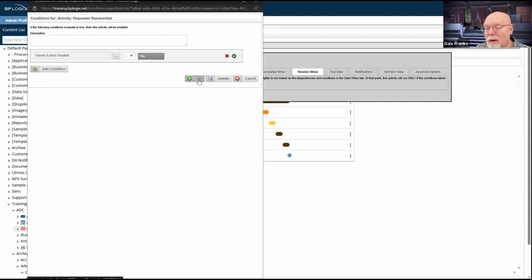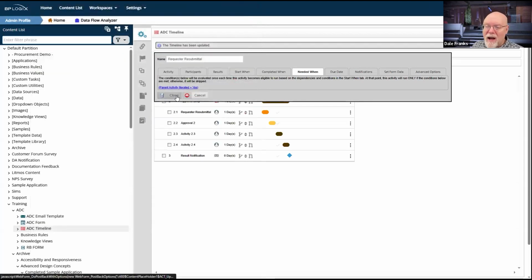even more specific. So I could add an and here to say any child activity result contains resubmit. I don't think I need it in this case. This is one of the reasons why we test these things. I think this is going to be fine. I only need it if the parent activity has iterated. The parent activity should only iterate if somebody hits resubmit somewhere. So that should be the only time it happens.